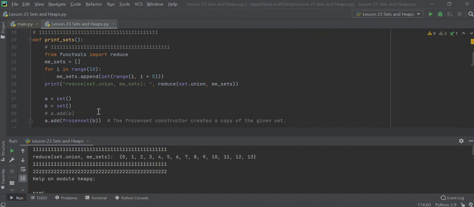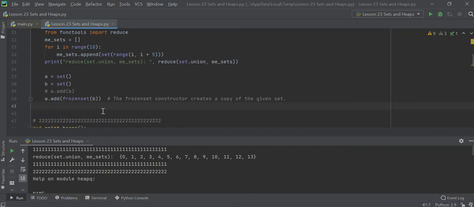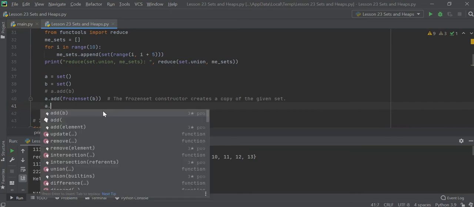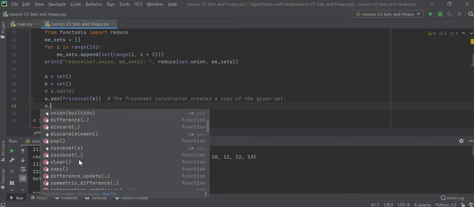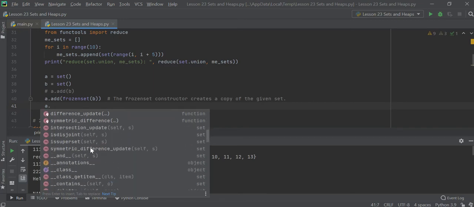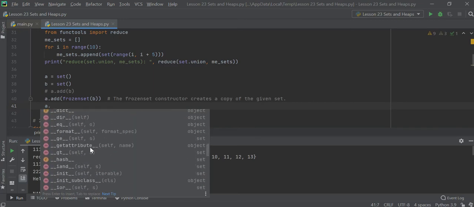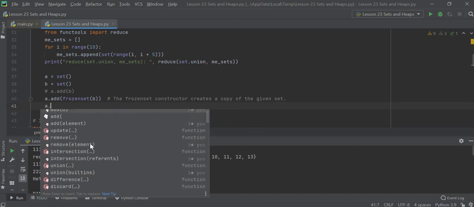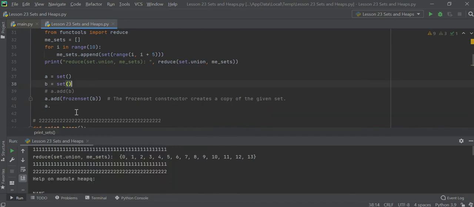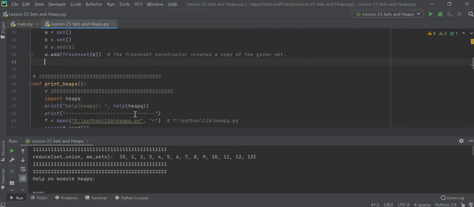Keep in mind there's a bunch of set functions that you can use. You put a dot, so with a set you can add, update, remove, intersect, union, pop, subset, clear, copy. All these things you can learn by yourself. Okay, so this is a good useful tool to know what functions are in there for a set. I'm not gonna do that, so I'll let you guys figure it out on your own. So number 2,